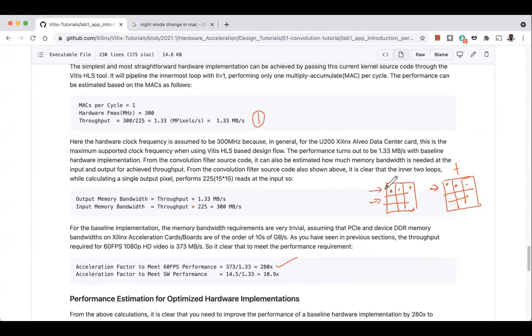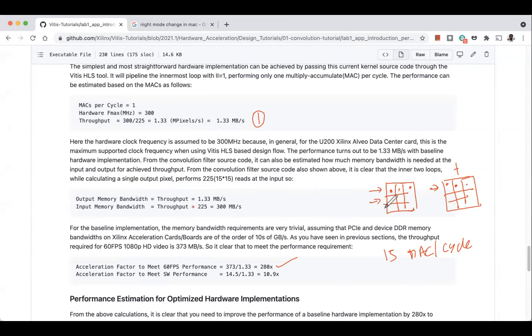If you just parallelize along one dimension, you will be able to do 15 multiply and accumulates per cycle. So the throughput gets multiplied by 15.